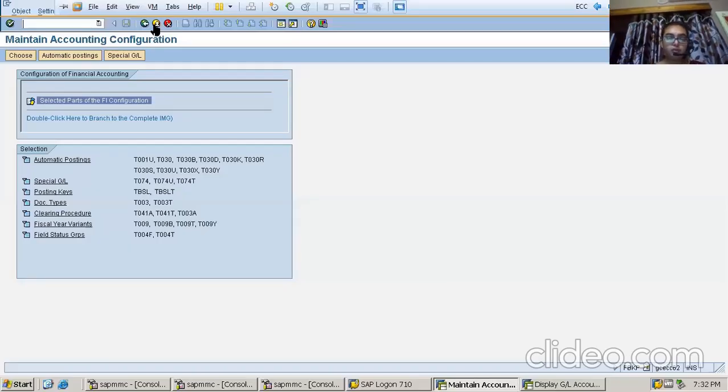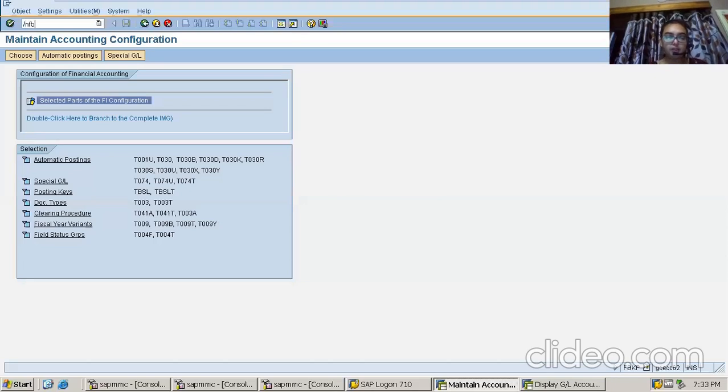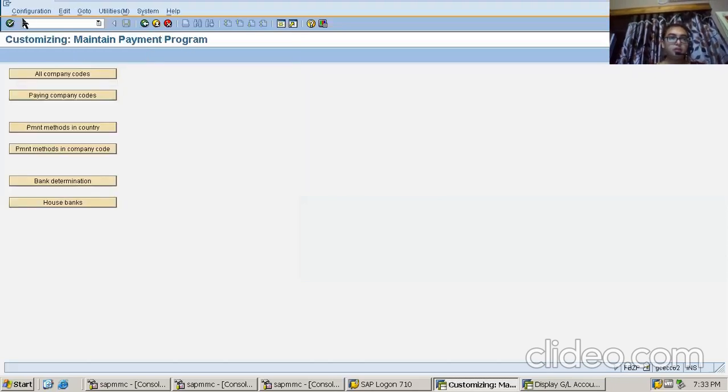Yes, I'm going to FBZP. I have to go to all company codes. It is taking a bit of time, and then I have to find my company code, and there I'll be configuring my special GL indicator.